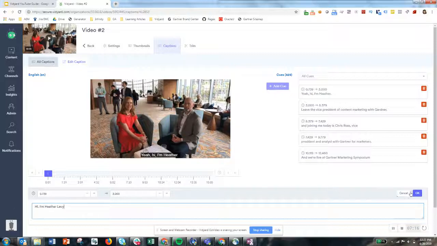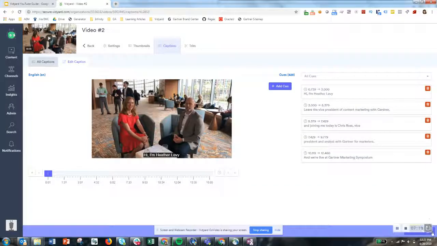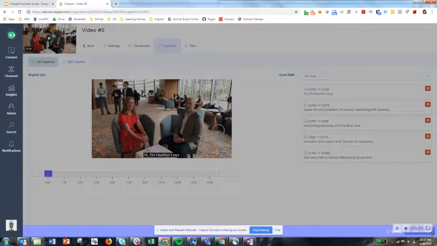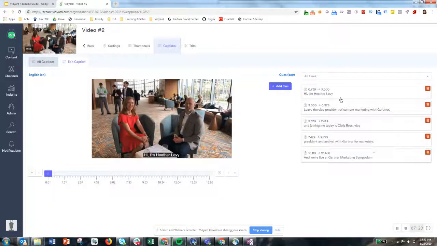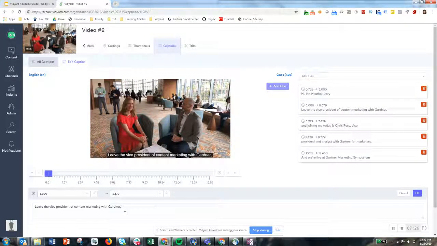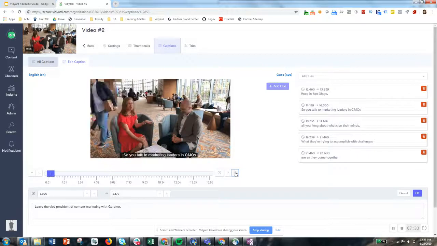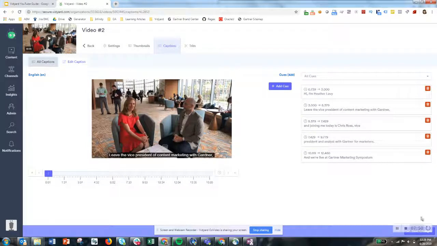Then you just remember to click OK and save changes, and it will update the cue. And you just keep on going like that. You can use these arrows to proceed through the cues, like so. And each of these is just a timestamp. That's when the cue starts and that's when the cue ends. I don't really think that this is the friendliest user interface, especially if the video is long, but that's what Vidyard has available. So I'm just going to click OK, save changes,